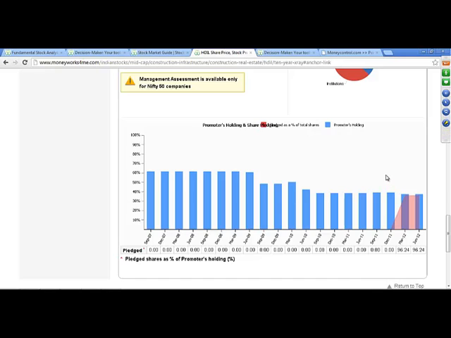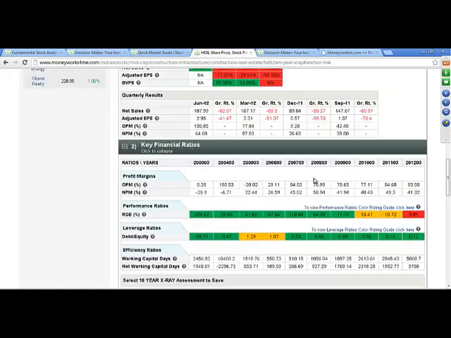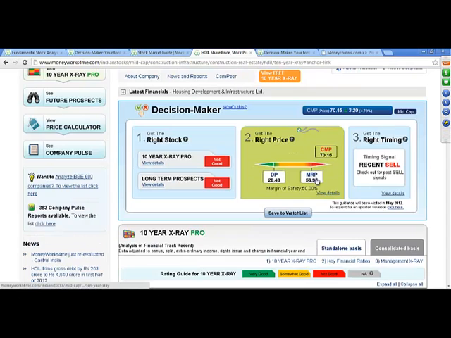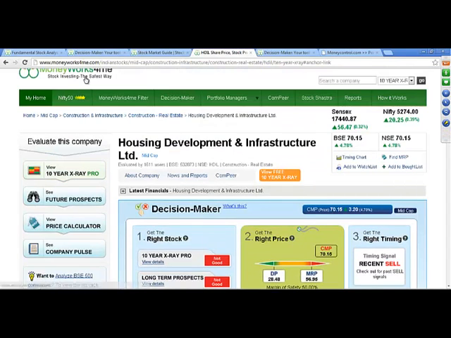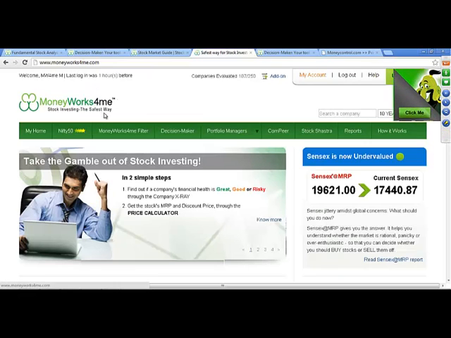Next question is by Abhidit Sharma. I understand the concept of MRP, but want to know at least what percentage below MRP should I buy? So the question here is about what percentage of discount, or margin of safety, you should be looking for. Well, the answer is that margin of safety is a very stock specific thing. To give you an example, consider a company such as HDIL that we saw,